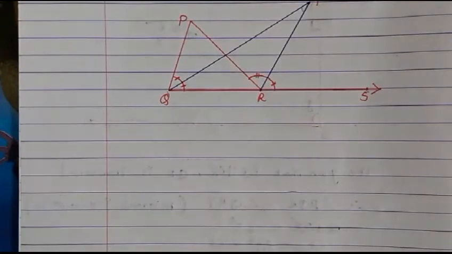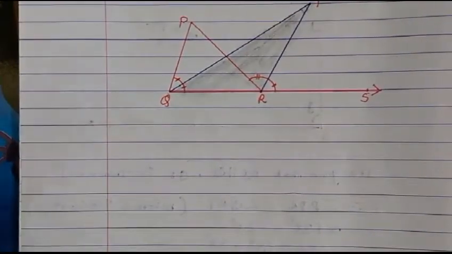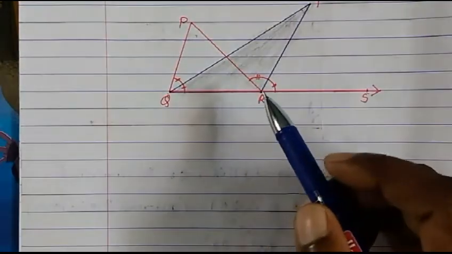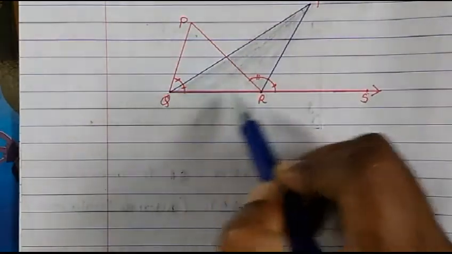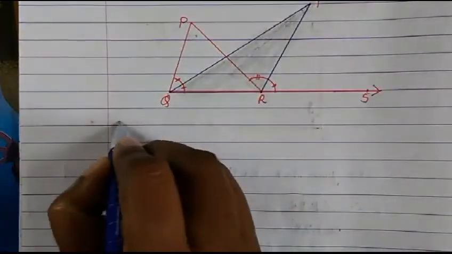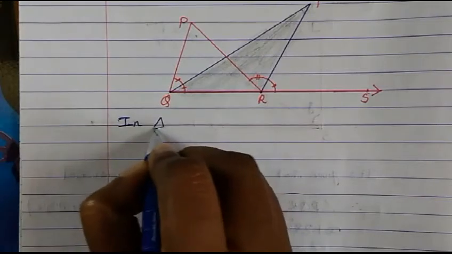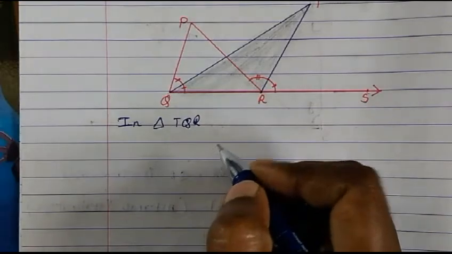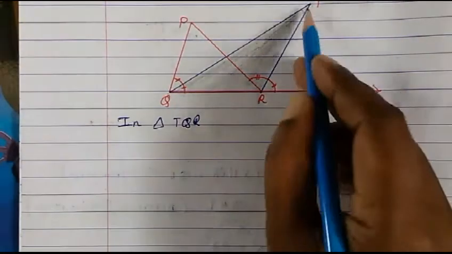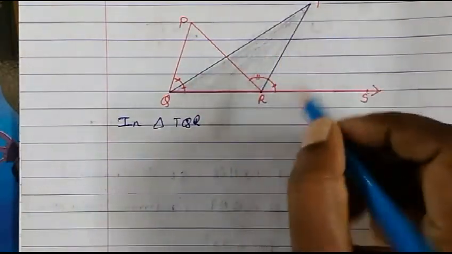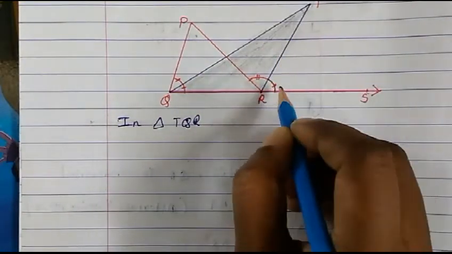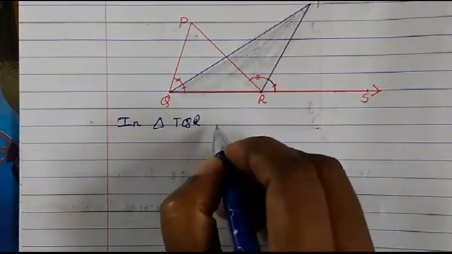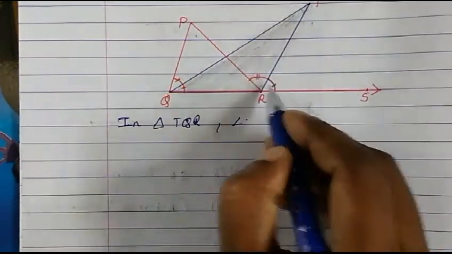First of all, I'll shade this triangle. I have shaded this triangle so that it becomes easy for you to understand. Now look at this triangle TQR, this shaded triangle. In triangle TQR, angle TRS is an exterior angle. So if you see this shaded triangle, this angle becomes the exterior angle. Angle TRS